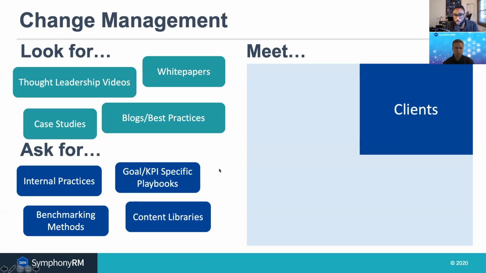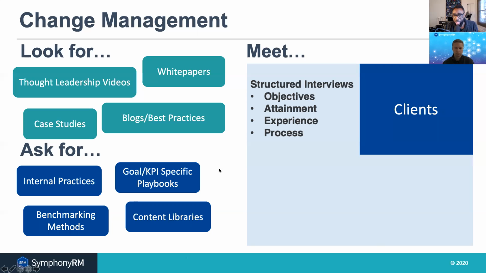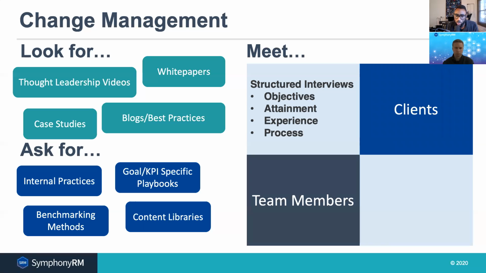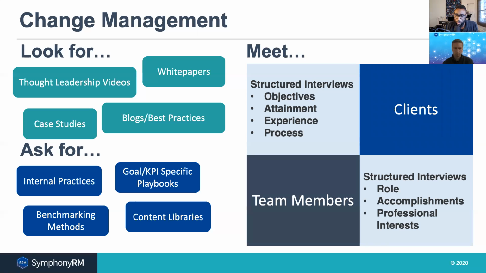And of course, structured interviews with clients. Absolutely best when those clients are matched with your organization in terms of size, buying power, strategic initiatives, and things like that. That's absolutely the best scenario. But also, you don't want to take it completely from the sales team. So being able to meet team members and have interviews with them, understand where they're coming from, what accomplishments they're proud of, and their professional interest. It's very important to know if their team is an extension in philosophy and goals to yours.